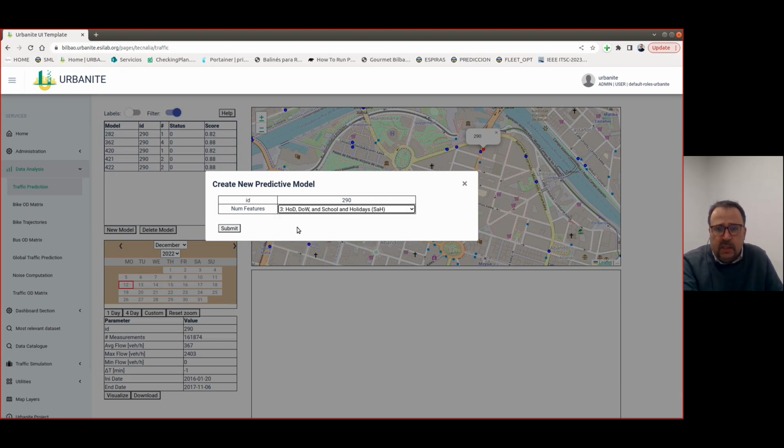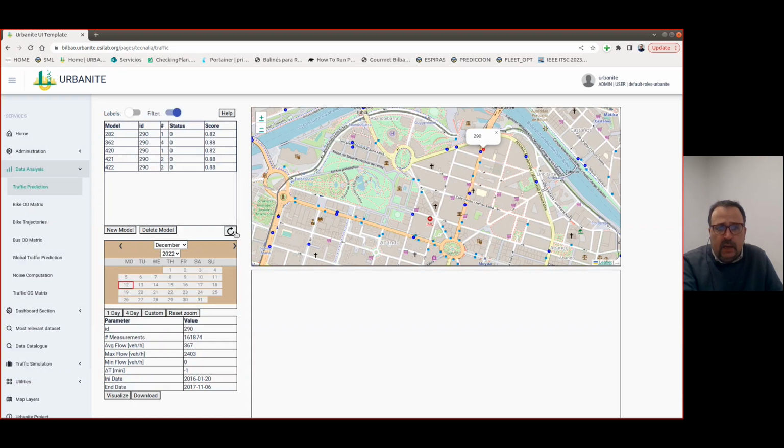So we can choose, for instance, the hour of the day, the day of the week, and the school and bank holidays. We can submit it, and during the training process, you can see that the status of the model is -1. That implies that the model is still not ready to be used, and only when it changes to 0 is it going to be able to be used. Now it has been fully trained, and the model is ready